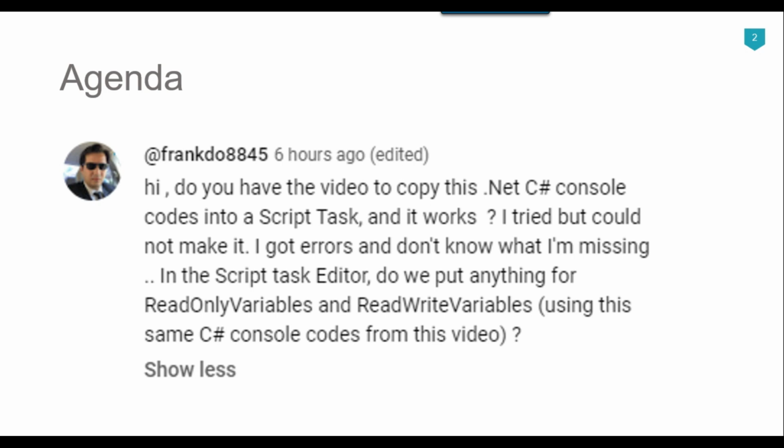The reason is that we are using a DLL in the C# console app to upload the files to the SFTP server, and if you are going to use the DLL in the script task, one of the most important things is that you need to register the DLL to the GAC before using it inside the script task in the SSIS package.